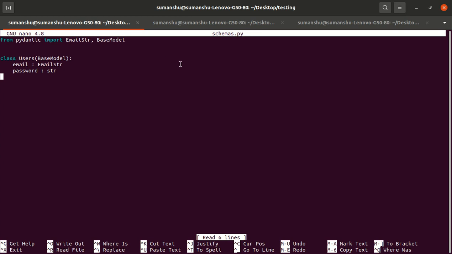This is called a Pydantic schema, or you can call it a Pydantic model. But to avoid confusion between the SQLAlchemy model and the Pydantic model, we call it schemas. Alright, so we create a schemas.py file. Whatever tables we have, a lot of tables, we will define the schema for all the tables. But for the time being, let's just focus on the users table, because in the coming video we will see how to actually create the user. Now we have the schema ready.